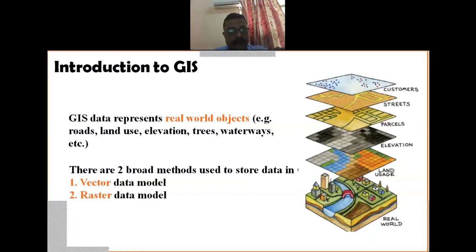Nowadays, GIS software is really very advanced. You don't even know it, but you are using the service. If you open up a Google Map and you want to explore, suppose you want to go out to a Chinese restaurant, and you are in the middle of some place in Guwahati or some major city,